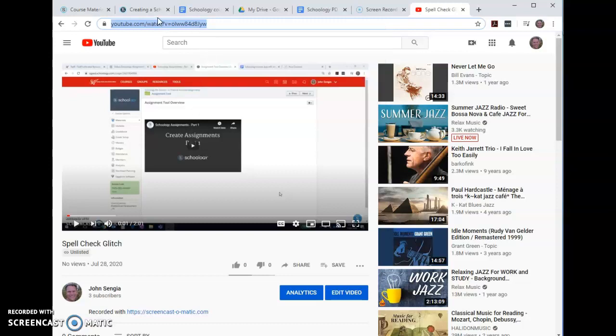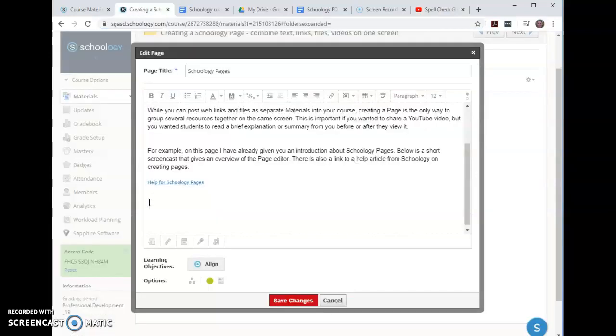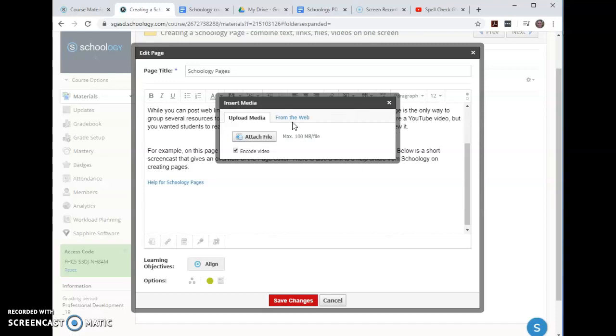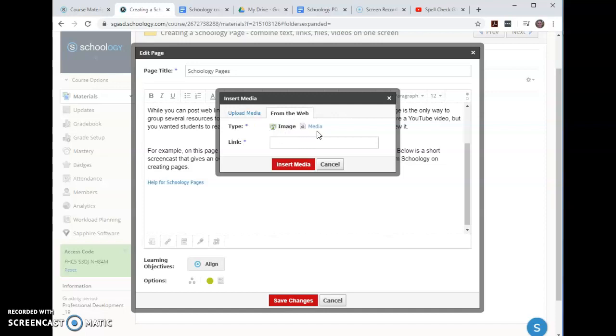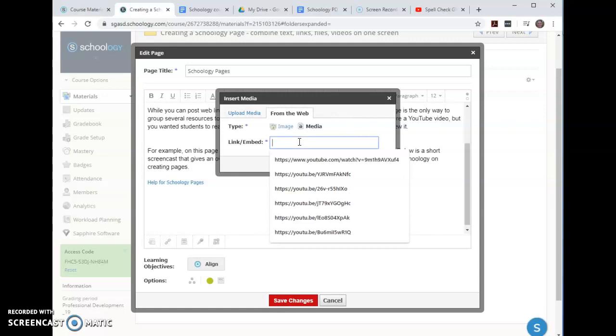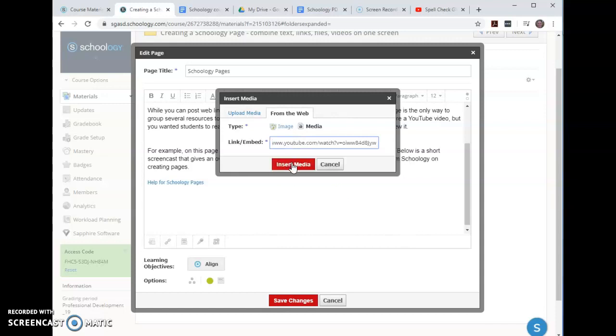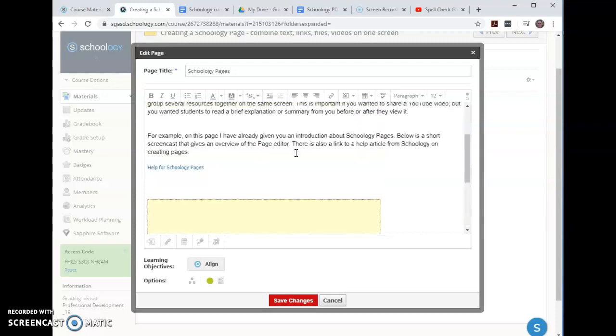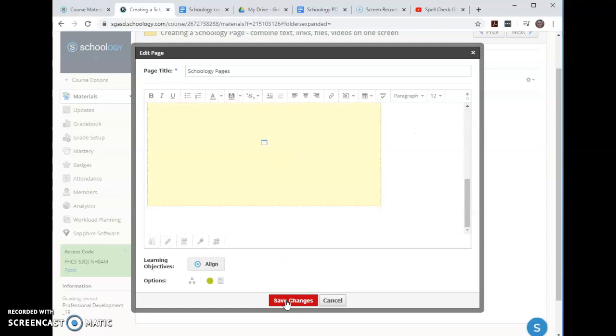I'll stop it so I don't hear myself going back and forth, and I copy that link right up there. I come back into my page editor, and then I come to this fancy little icon that says Insert Content. It looks like a square with a diagonal arrow coming into it. I click on that, go to Image Media, and click From the Web. Under Type, I select Media, which is just a fancy way of saying video. I paste, Insert Media. Now when I insert media, it's just going to look like this yellow box, but once I click Save Changes,